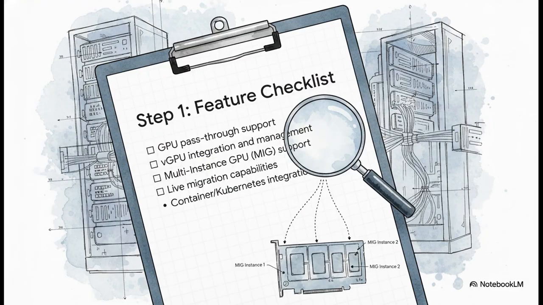So for step 1, it's all about matching the features to your actual needs. You have to ask yourself, does this platform support the tech I need today? Things like NVIDIA's multi-instance GPU or MIG, which lets you slice up a physical GPU into smaller isolated instances. And what about tomorrow? You've got to think about things like live migration for maintenance without downtime, or container support